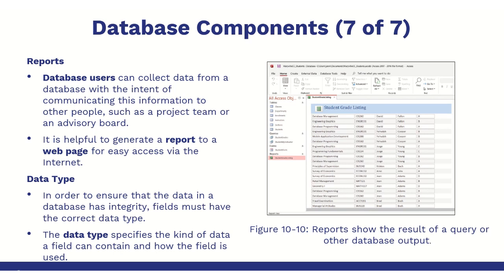Now comes the data type. In order to ensure that the data in a database has integrity, fields must have the correct data types. The data type specifies the kind of data a field can contain and how the field is used. You can define a field as an integer, versus you can define a different field as a double, I mean the decimal, let us say. So in these two cases, the field types are different. Let's say the integer field is used to enter the number of items bought or sold if it is a product database. But then another field of type decimal can be used to hold the value of the total transaction in dollar amount. And then there can be another field,